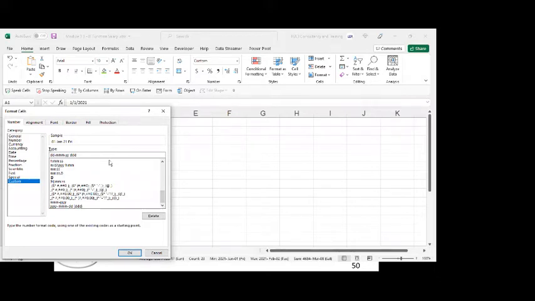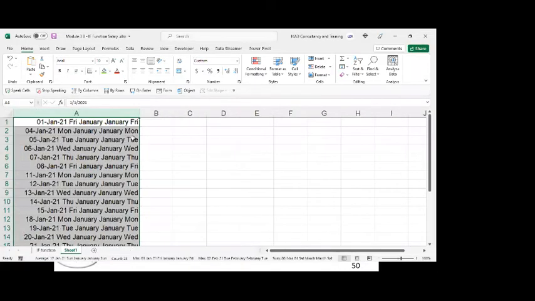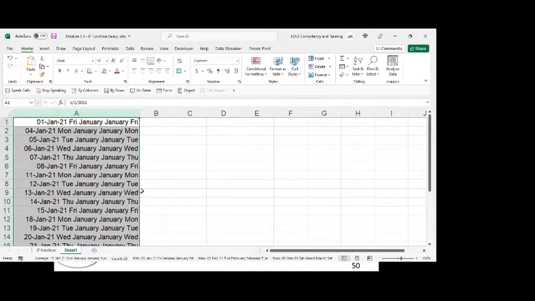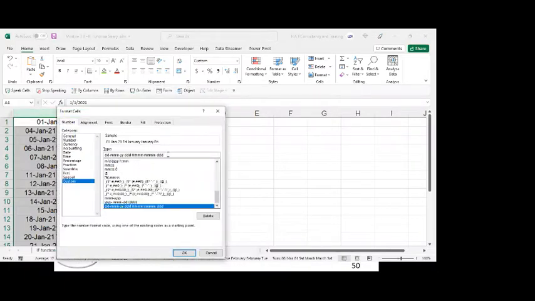If you put again, if you put MMMM or M, again it will come. 5M will give only the first letter of the month, right? 4M will give the whole thing. Then DDD will give Friday. If you put, can you see that is repeated? So there's no end. Formatting is very funny the way it works, especially date format. If you put another day, it will say Friday, the whole name. If you put YY again, YYYY, and within double quotes you put some garbage in there, that will also come.